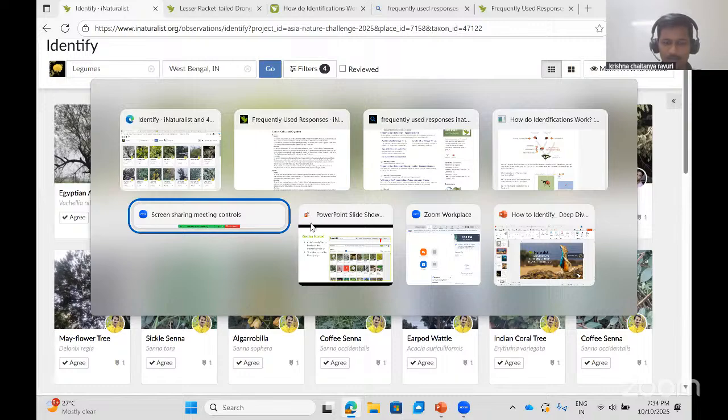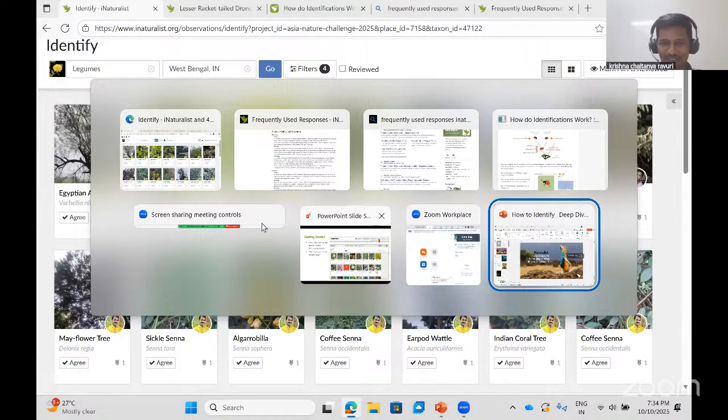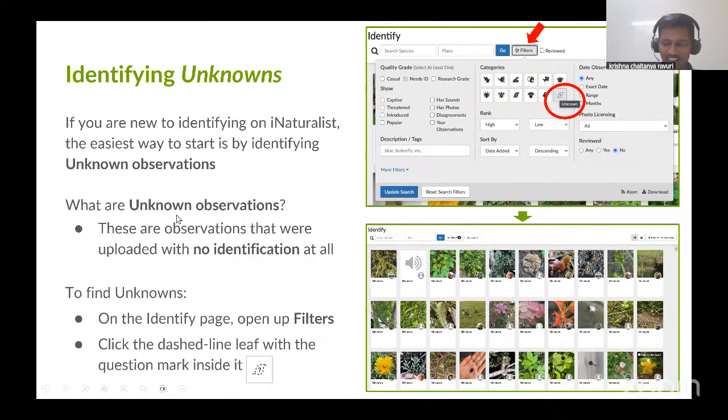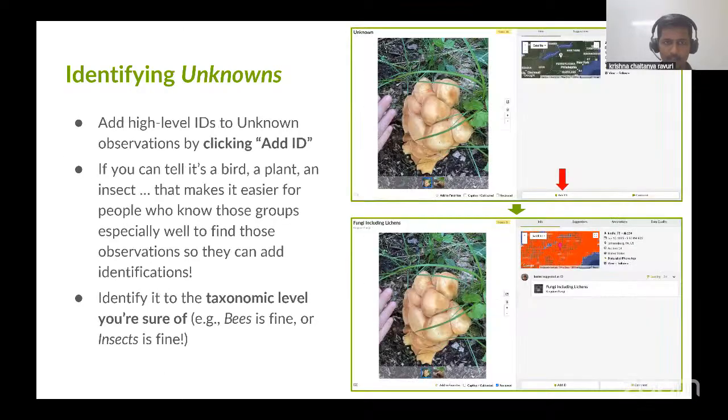I actually forgot how to do that one. Yeah, let's see how much we've already covered. So yeah, this is for identifying unknowns. This is where every one of us can help, and it could be as basic as giving plants or fungi or birds, right? And yeah, this is the same thing here. So there was a mushroom which was unidentified, so we could give an idea of fungi to this.